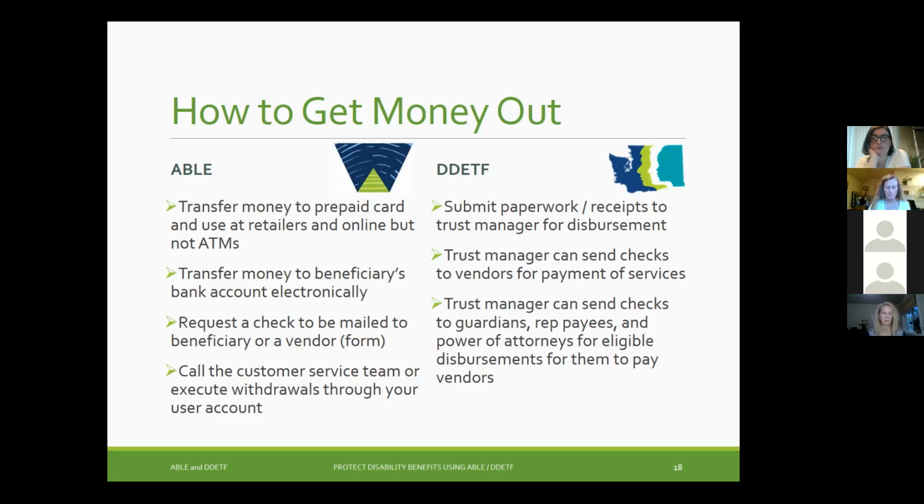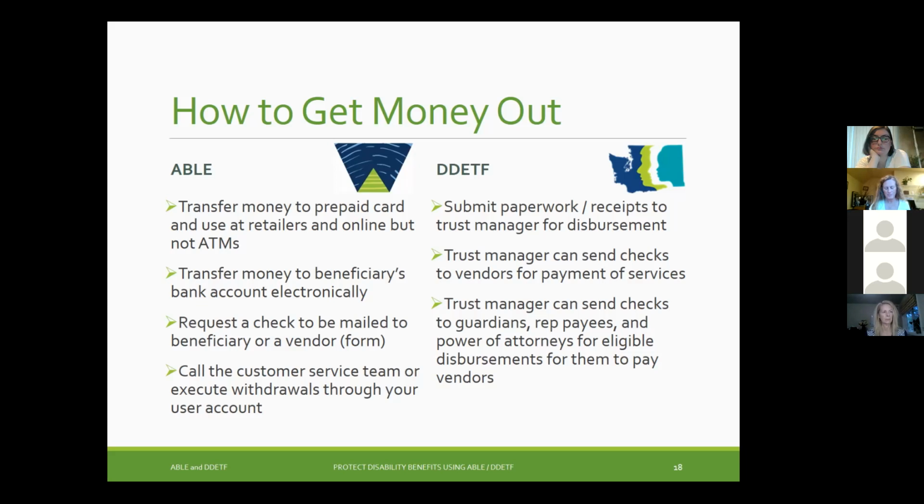And so the way I like to think about ABLE is it's much more online. It's very similar to online banking or online investments. So a very nice tool in that respect. But the DD Endowment, as a special needs trust, we are very paperwork focused. So we require that you submit disbursement requests, and that means the paperwork and the receipts showing the money that was spent